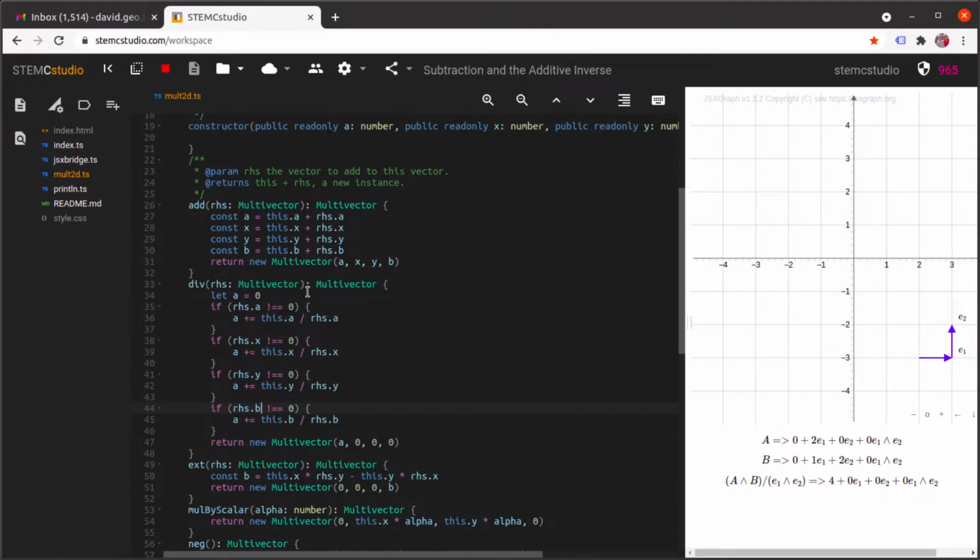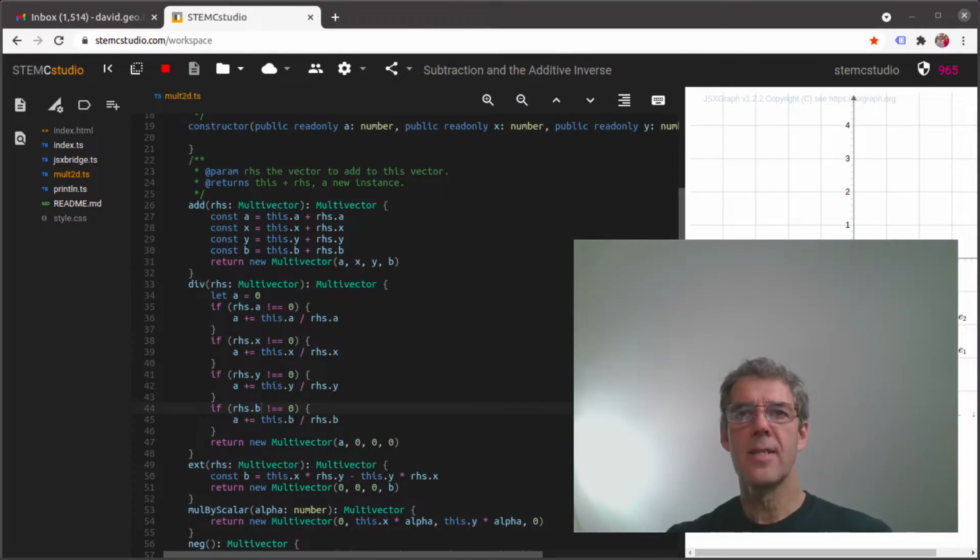We've got addition, subtraction, unary minus. And we've completed, or improved a little bit, our poor man's division. Okay, so now at least we can calculate the ratio of different bivectors. All right, so that does it. Fairly short and sweet